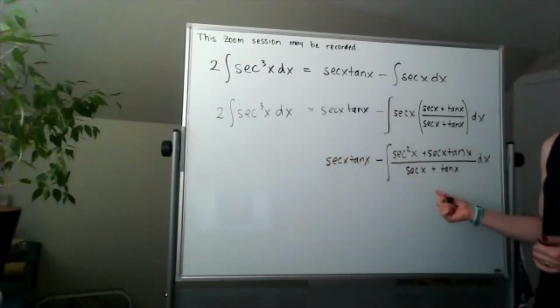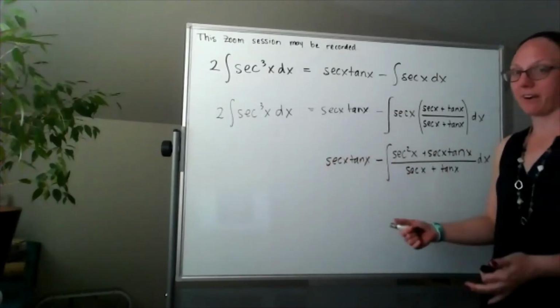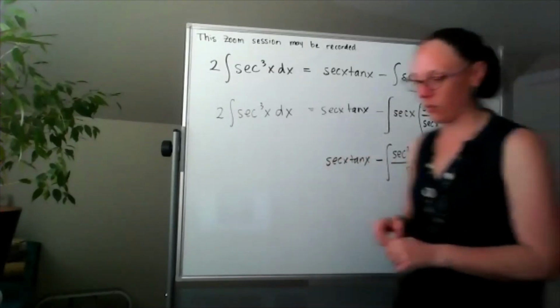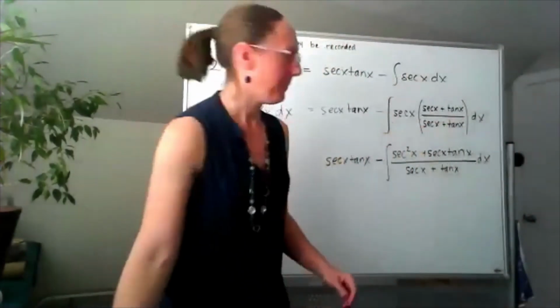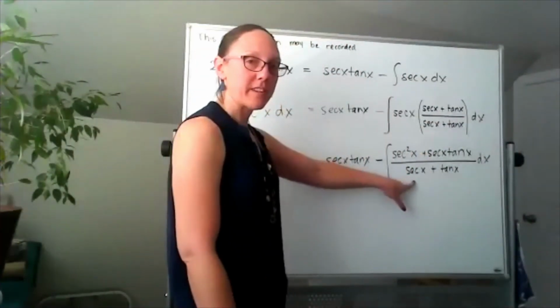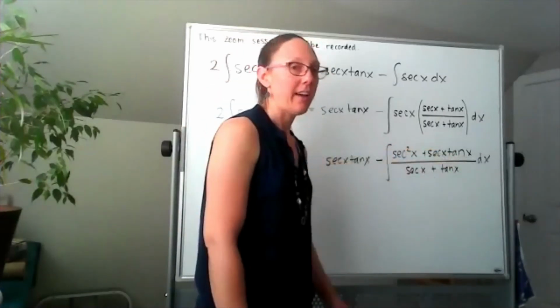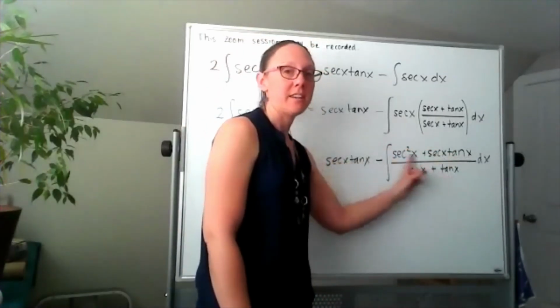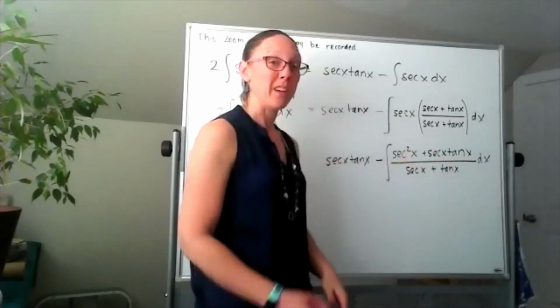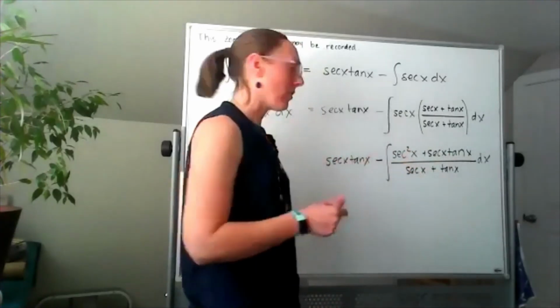You might be thinking that that looks worse, not better than where we started. However, the derivative of secant of x is secant x tangent x, and the derivative of tangent of x is secant squared. So what that means is that entire integral